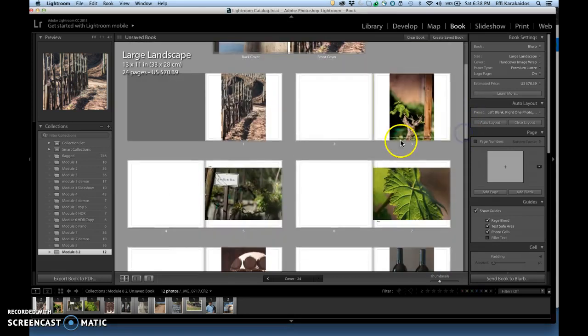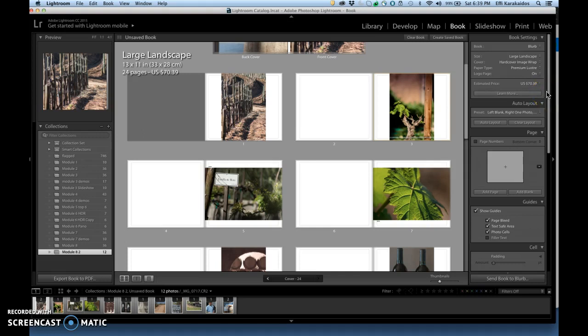You have a couple of options on the right side. There are no options for a template on the left side. This is a little different mechanism in the Lightroom book module than some of the other modules. One of the first choices you have is Blurb, PDF, or JPEG. I recommend leaving it on Blurb because that way you can see exactly what it would cost, for example, if you wanted to actually print the book you're creating through Blurb